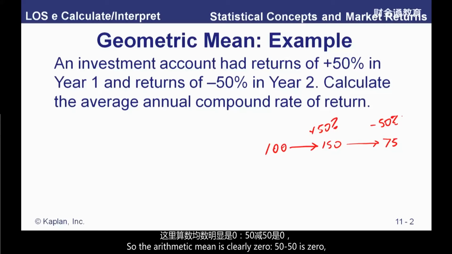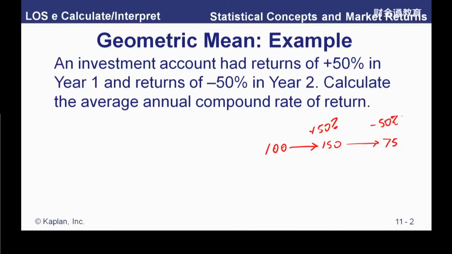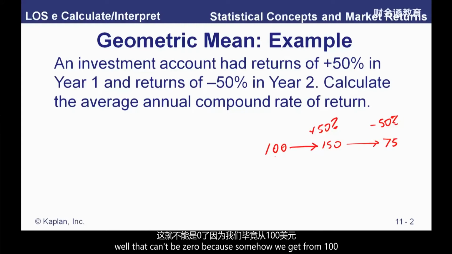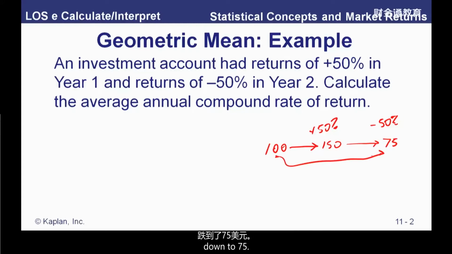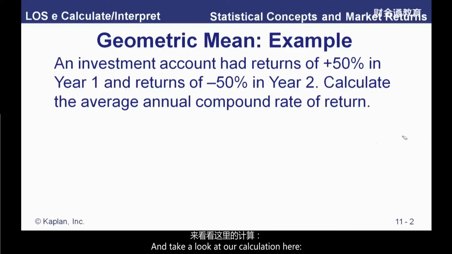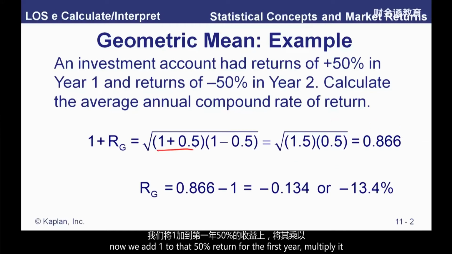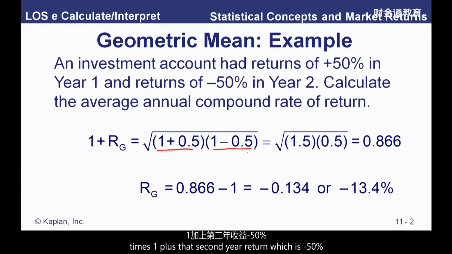So the arithmetic mean is clearly 0. 50 minus 50 is 0, divided by 2 is 0. But here we want the average annual compound rate of return. Well, that can't be 0 because somehow we get from 100 down to 75. And take a look at our calculation here. Now we add 1 to that 50% return for the first year, multiply it times 1 plus the second year return, which is a minus 50%. And since we have 2 years return, we need to take the square root of that,